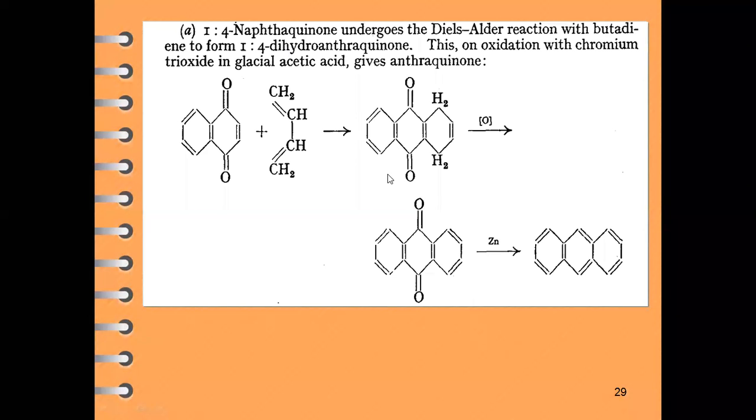1,4-dihydroanthracene. Naphthoquinone, when it condenses with a 1,4-diene, there is formation of 1,4-dihydroanthracene, and this 1,4-dihydroanthracene, followed by oxidation, will result in anthracene. Again, the same reaction: this anthracene in the presence of zinc dust will be reduced, and there is formation of anthracene. So this method is particularly when we are going to use naphthalene for the synthesis of